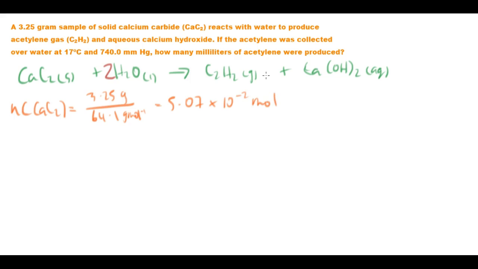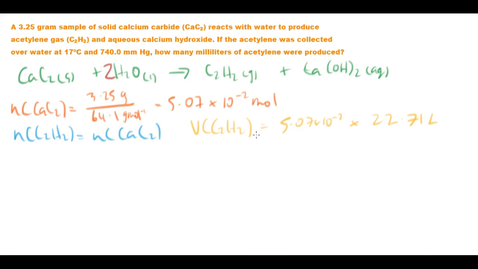Now we can compare that to the number of moles of acetylene, and it's pretty obvious in front of us, let's put it in sky, the number of moles of acetylene, C2H2, should be the same as the number of moles of calcium carbide. Beautiful. Now that we know that relationship, we can go ahead and figure out what is the volume of our acetylene. So our volume of our acetylene, C2H2, at STP is going to be the number of moles of it, so 5.07 by 10 to the negative 2 times